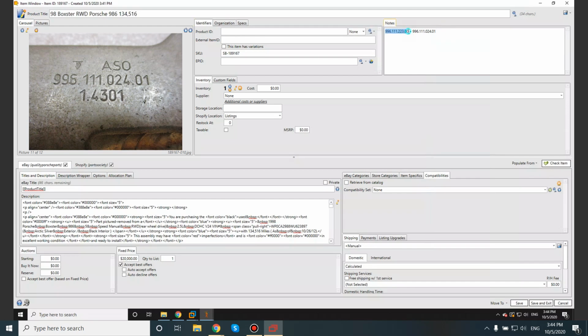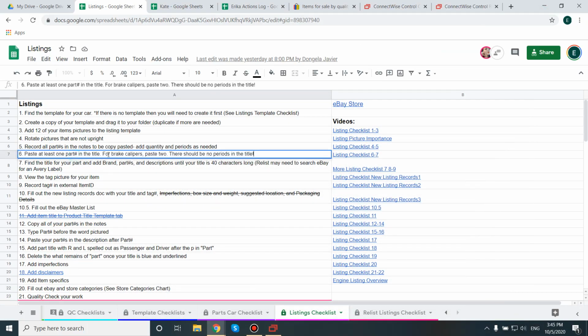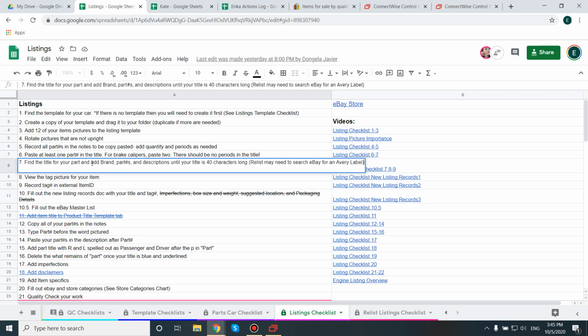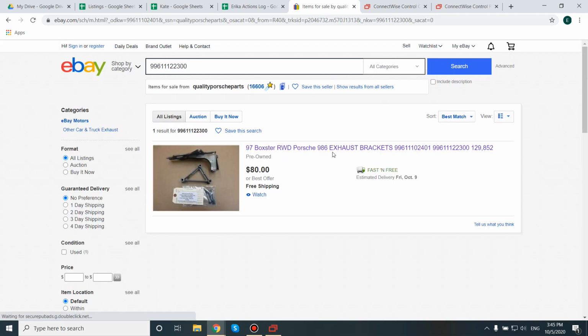Now I want to look up my part numbers because the next step, I need to paste one in the title that represents the item, and then I need to find my title for that part number. And so I'm going to show you how to do those steps. So we've got part number here. You always want to delete the periods. Then I get a result here. It says exhaust bracket. So I can copy exhaust brackets,